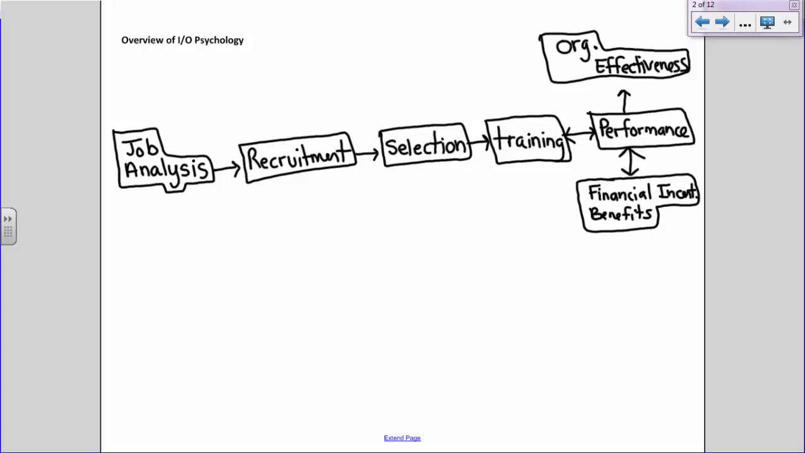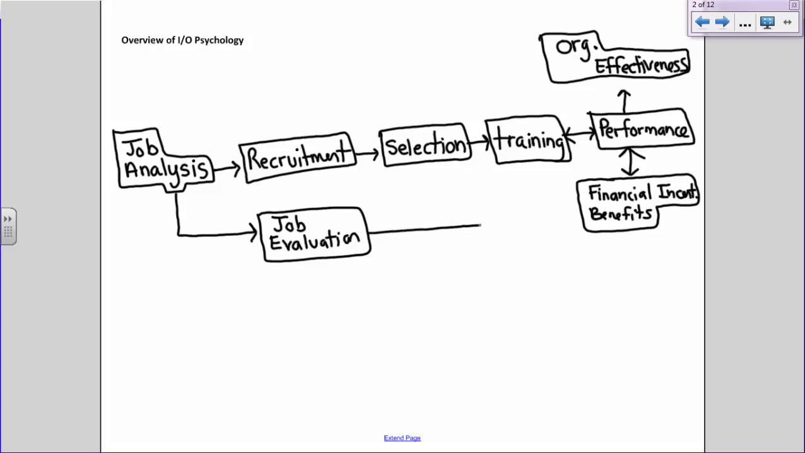Now, it's also important to note that job analysis also dictates job evaluation, which is determining the worth of a job. So how much people should be compensated for their work. And that job evaluation also leads to which types of financial incentives and benefits employees are offered. So this is the industrial side